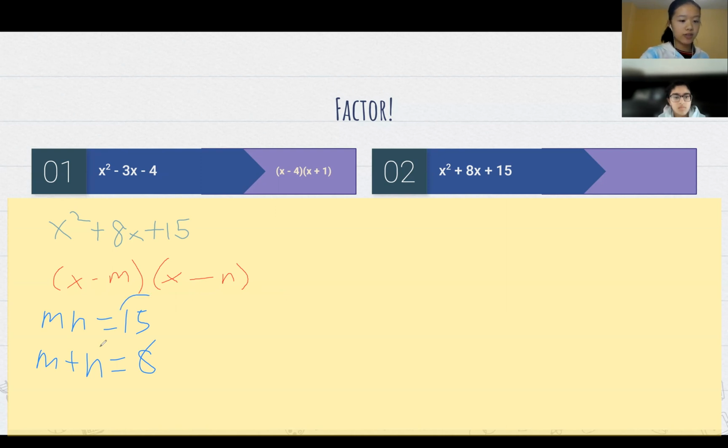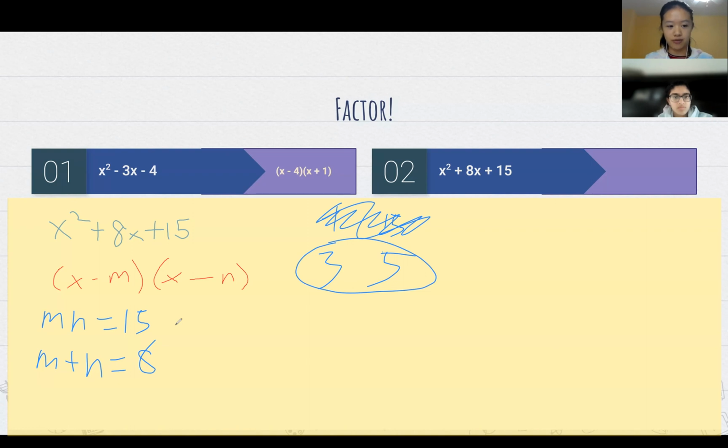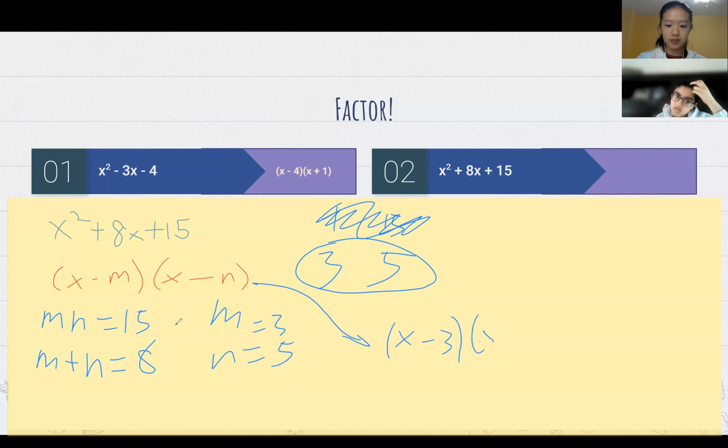Right now we're working with relatively small values, like 15 is not too big of a value, but I'm just going to list out the factors of 15 because why not? So 1 and 15 are factors, and 3 and 5 are factors of 15. And that's pretty much it. And we can see that 1 and 15 definitely don't add to 8. So 3 and 5 have to be the factors we use, which means that m equals 3 and n equals 5, or vice versa, it doesn't matter. So that gives us the factored form of x minus 3 times x minus 5, or sorry,